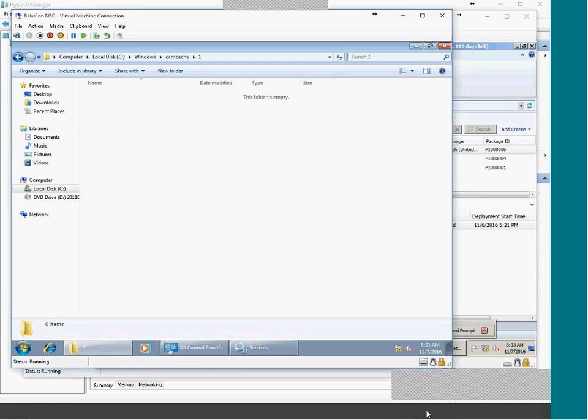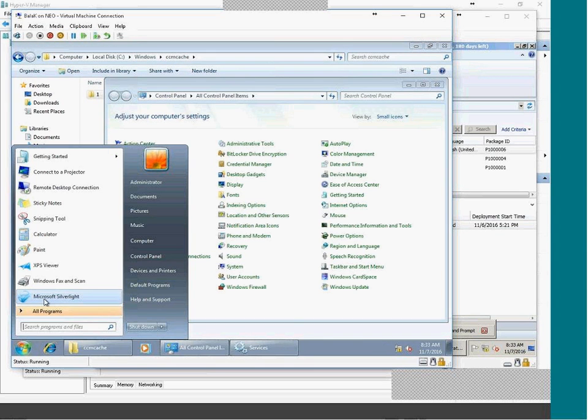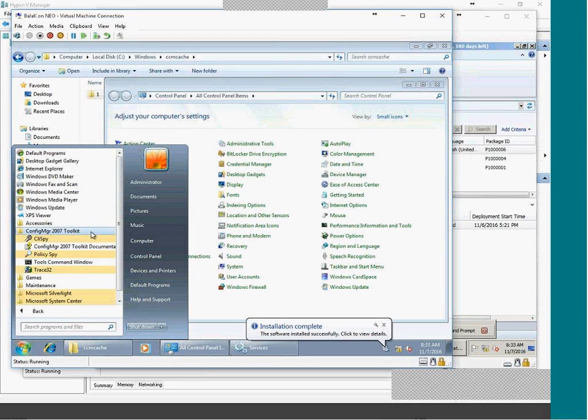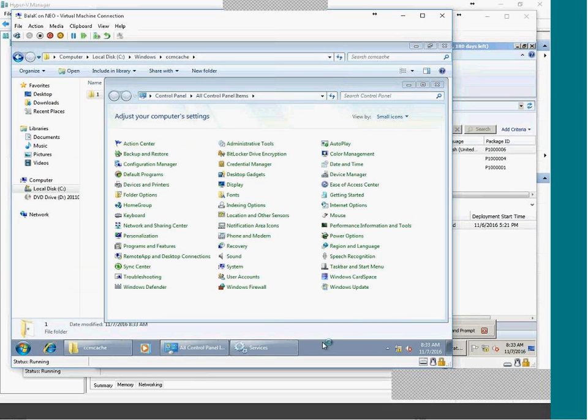So let's take another look. See here, it's downloaded now, right? The SCCM client package is downloaded in front of you, right? We got some notification also. Let's go here. See, the installed event, right? It's mandatory, what we have done. It also got installed automatically. Now it says installation completed. If we double click,